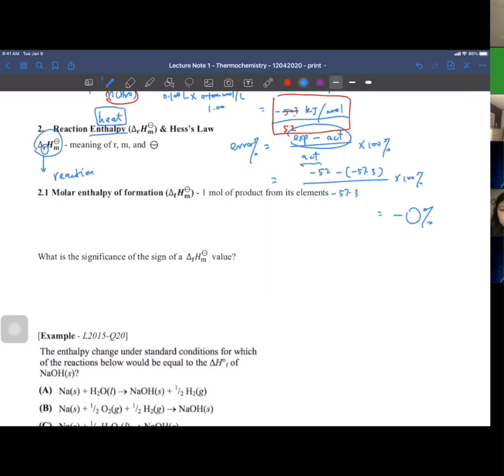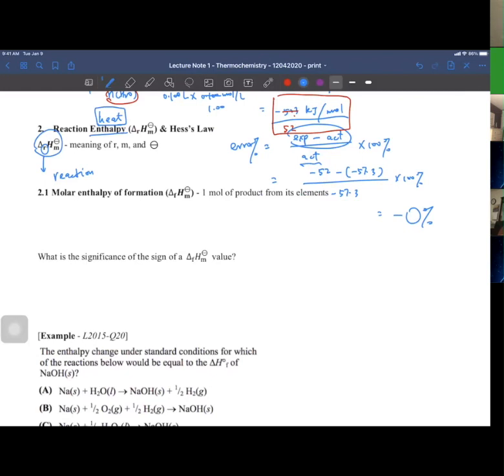Definitely the R can be replaced by different letters. For example, for a neutralization, we probably will use NEU. If it's combustion, we'll use C. If it's a formation, we'll use F. So you probably will see different letters here to represent different types of reaction, but it really doesn't matter too